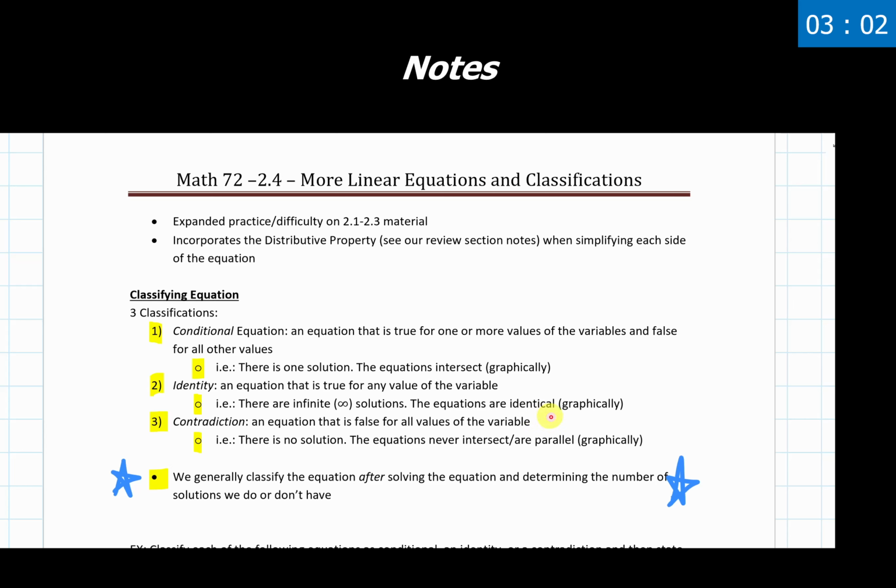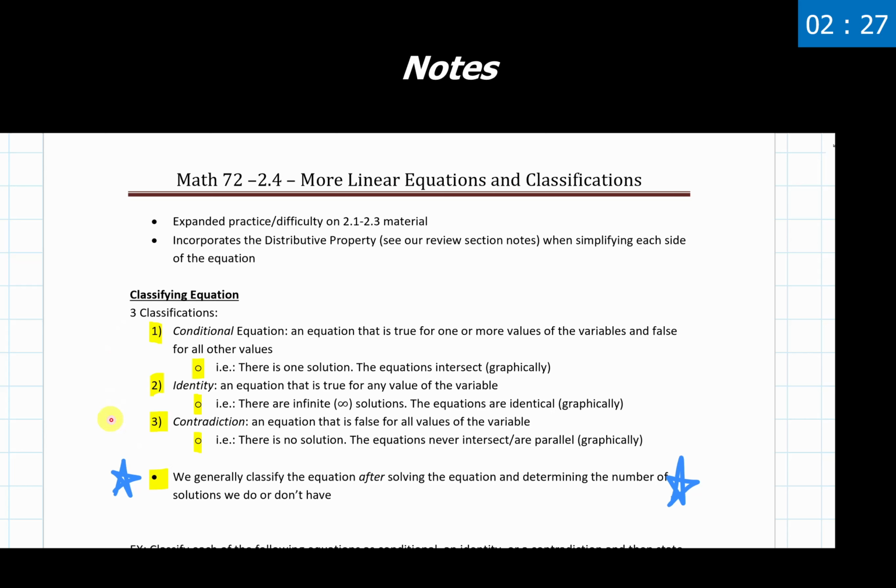They are identical. A quick little note with this, which I think is kind of fun, but it helps keep these things in line: identity is identical and it has infinite solutions. We've got all three I's here that remain together. So identity, infinite solutions, and identical graphs. Something silly a student of mine a while back had come up with, and credit to them for coming up with it, but just noting that as something you could use if you're trying to remember which thing is which in these three types of classifications.